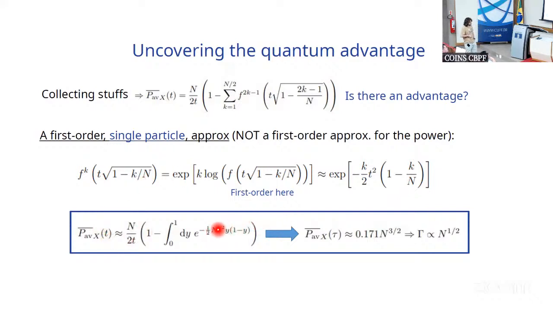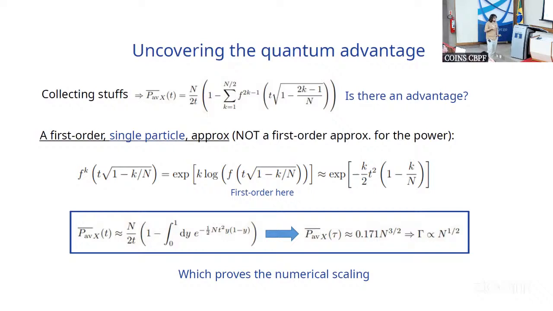And now, simply because this term, to be non-zero, you must have N t squared not scaling with N, which implies that t, the optimal charging time, must be proportional to 1 over the square root of N. Once you plug it in here, you get this formula. The power is going like N to the power 3 over 2, which means that the advantage is actually the square root of N, in agreement with the numerics and analytics in the large N limit. So in a sense, this proves the numerical scaling.